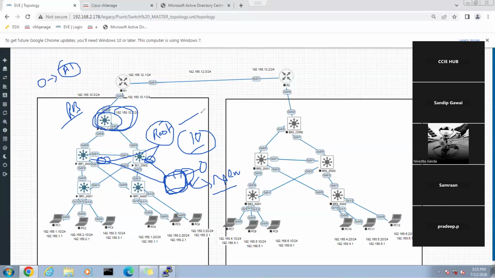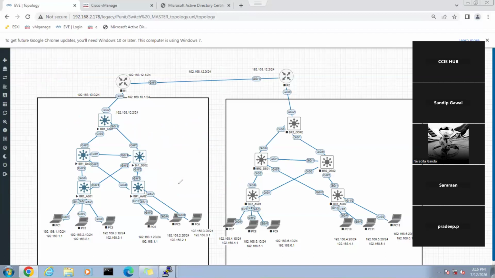Third thing, make sure the new switch has the CRN number 0. If the CRN number is high, just think about that. Suppose this switch has CRN number